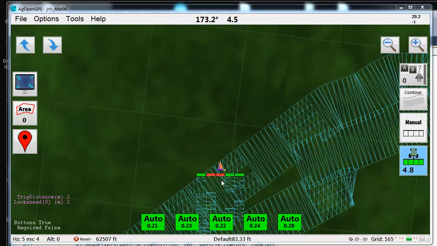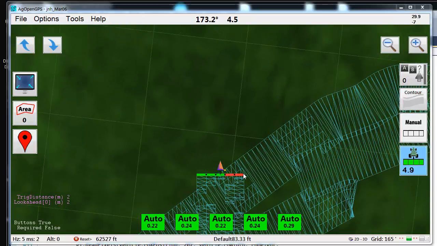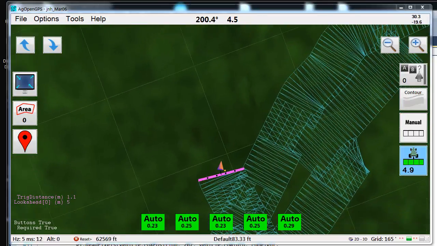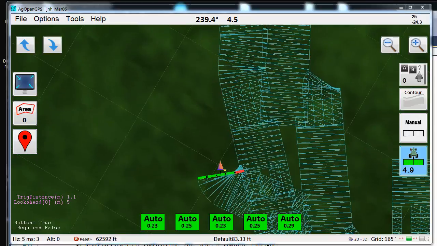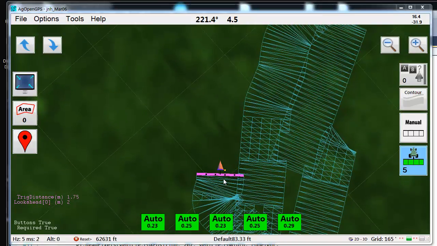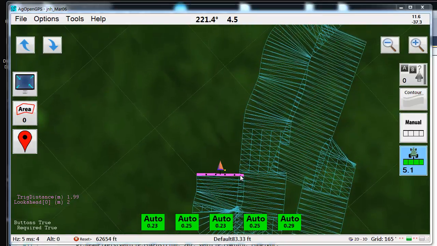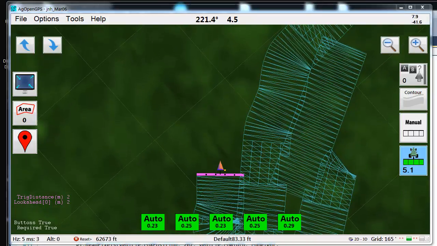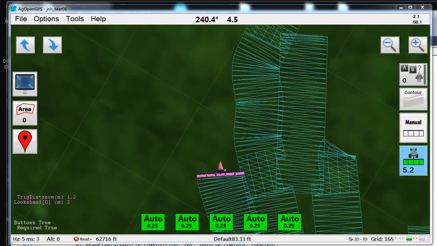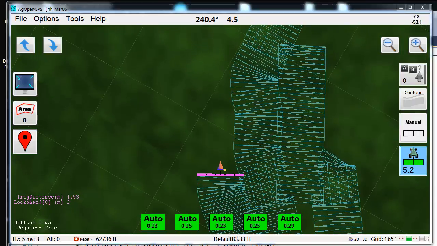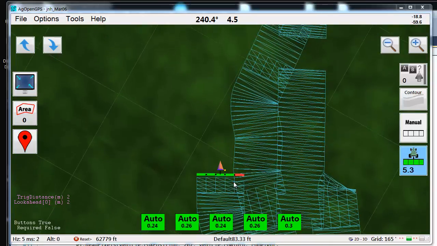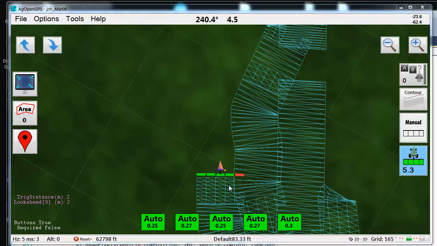The other thing is when you're coming up to stuff that's already applied, it wouldn't work worth a hoot. So here, just turn right. So now if 15% of the boom is overlapped, that's now the third criteria. So you can see we're overlapping, but if we overlap a little bit more, right now it should hit 15%-ish. Then there's too much overlap, and it switches back to the normal multi-section, section controlled,